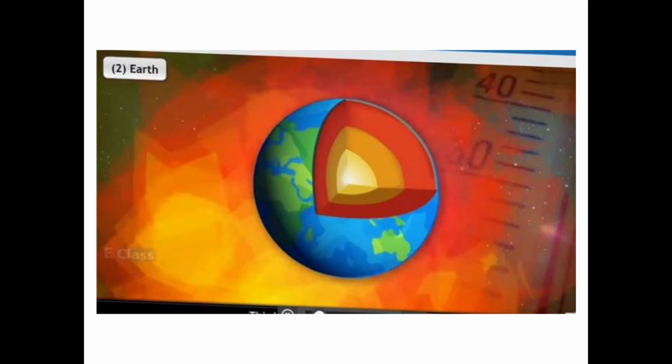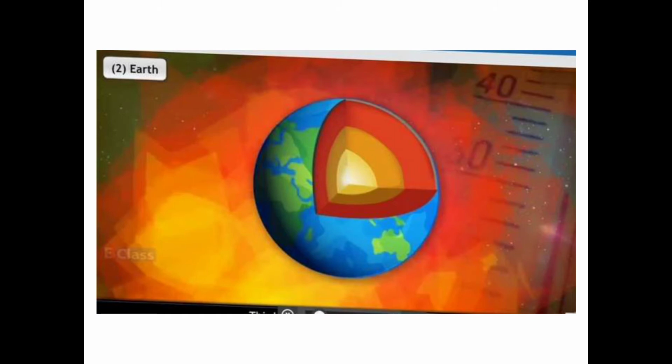Do you agree? So the temperature at the center of the earth is very high. So even the earth is also a source of heat. When you go to Vajreshwari near Vasai Virar, you must have seen that hot water wells are available. जिसको कुंड बोलते हैं, गर्म पानी के कुंड. Those are available. You can see the hot water.